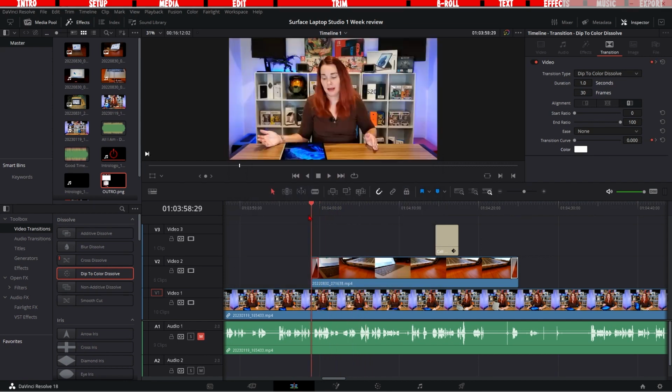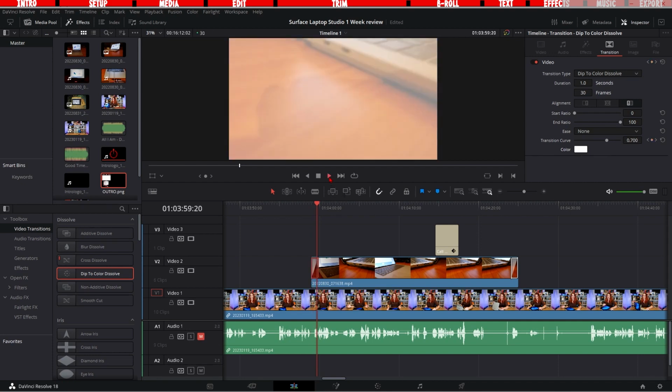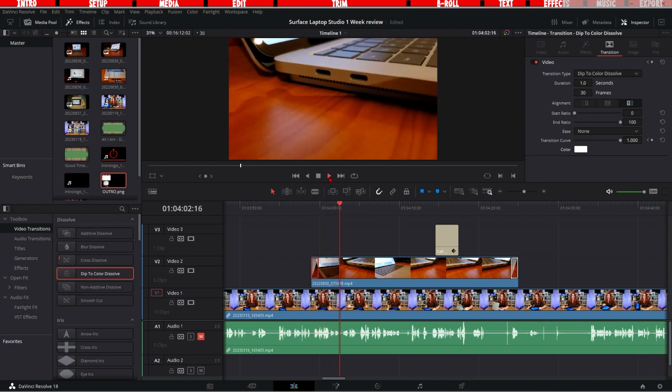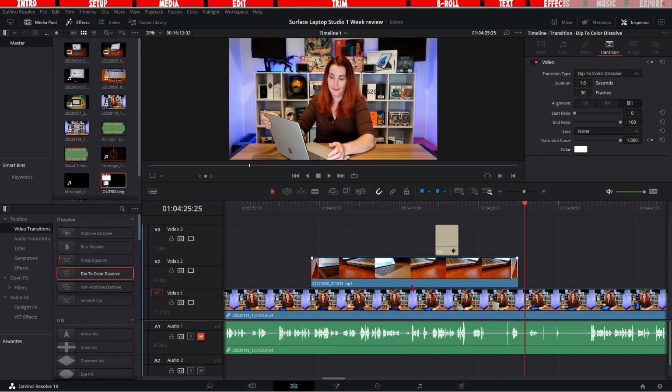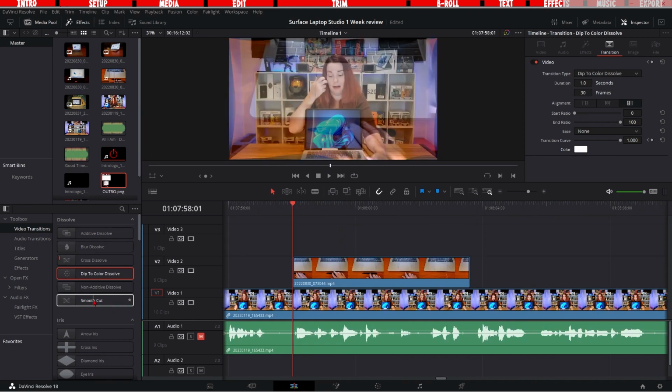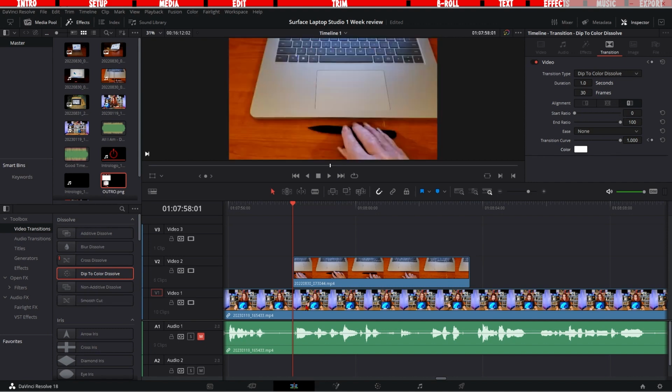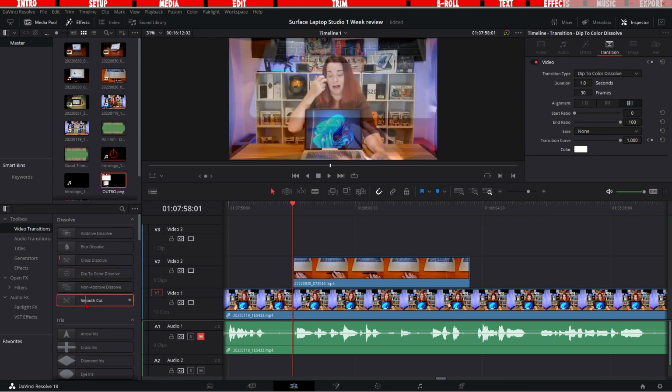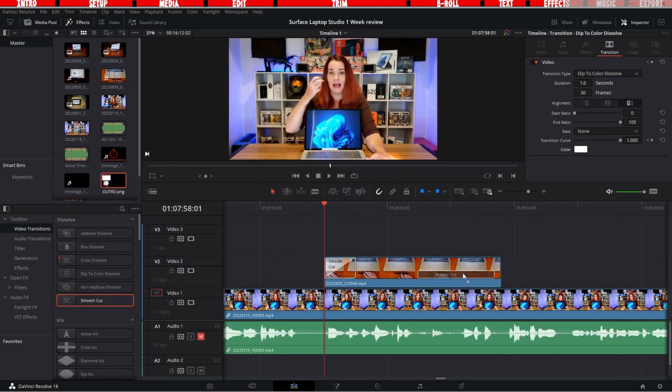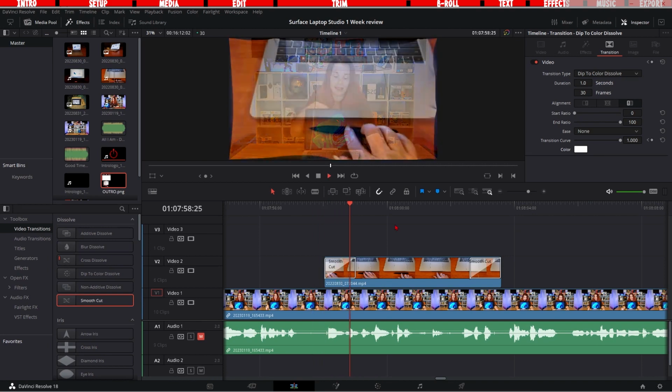So if we do that now, press play, now it dips to white. The other one that I like to use is smooth cut. So this just fades out the bottom video and fades in this video at the same time. We can just do the same thing. Click and drag, start and end. Now if we move this a little bit that way, and we can see